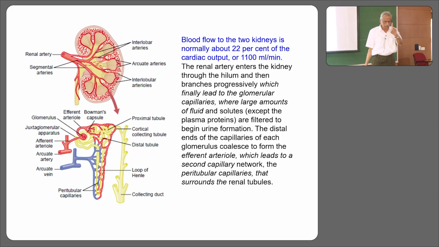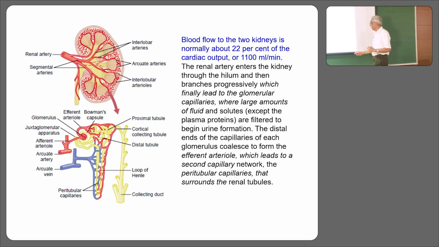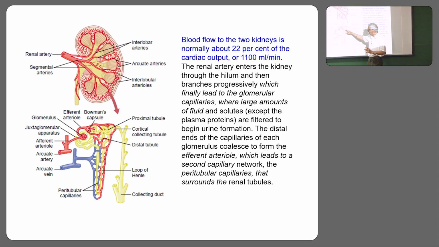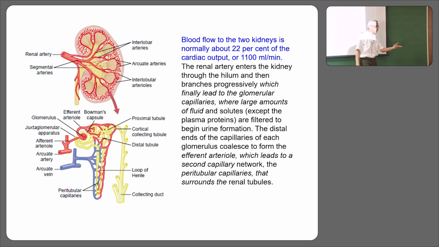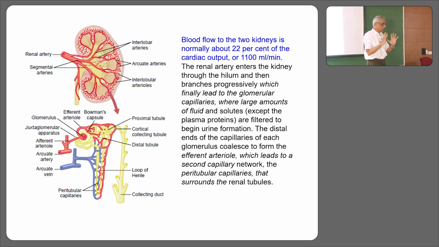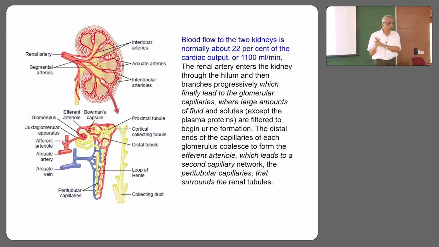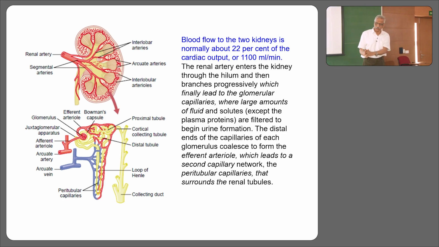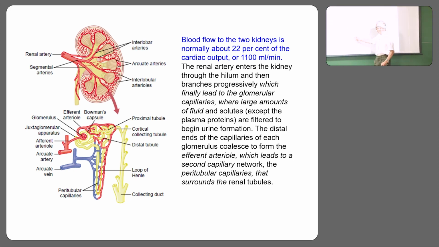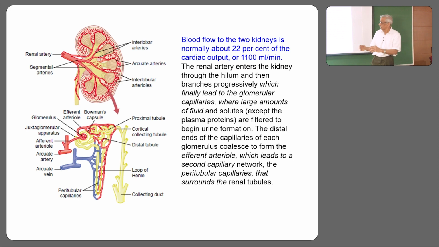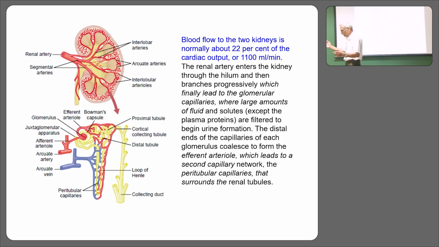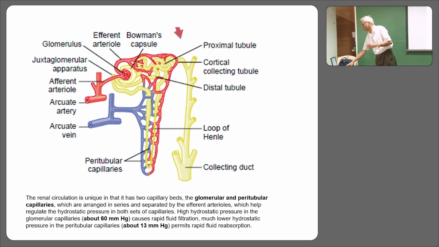So there's a loss of how much? 1 mmHg. And then the blood goes into what you call the peritubular capillary network. What do you call it? Peritubular capillary network. By the time it goes, the blood pressure falls to about 30, 25, 20, 15, 12, it really falls. And then by the time the blood enters the veins, it is about 8 mmHg, 6 mmHg, 4 mmHg. And by the time it goes to the heart, we know that the pressure is very low, but we'll talk more about it.